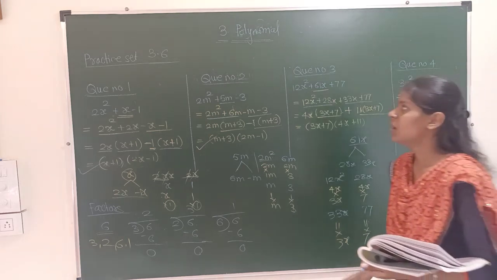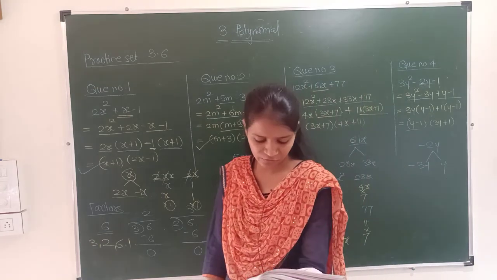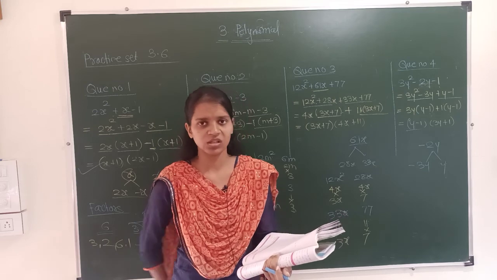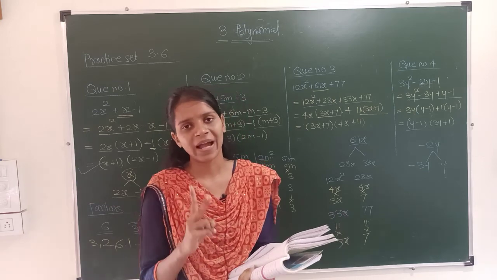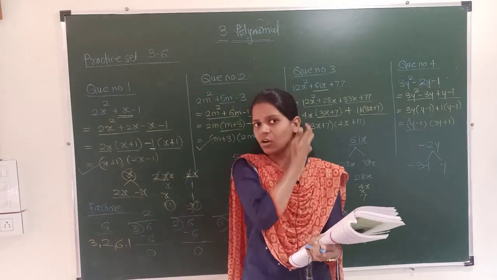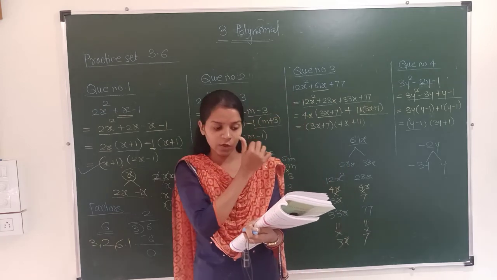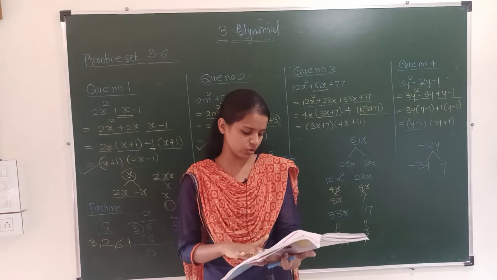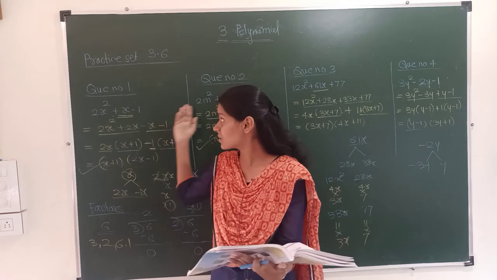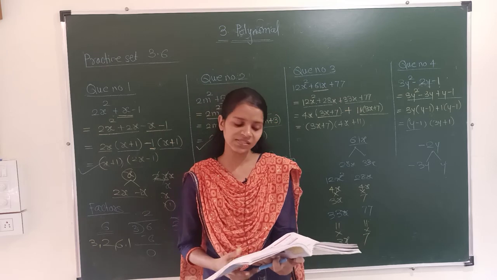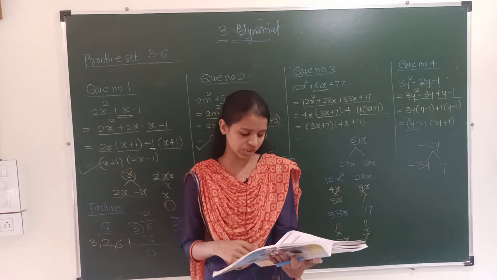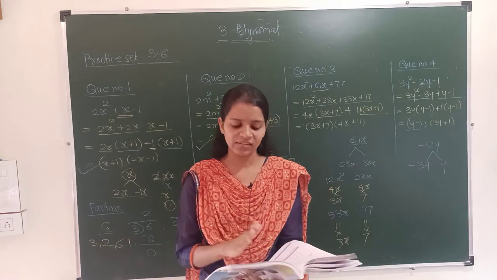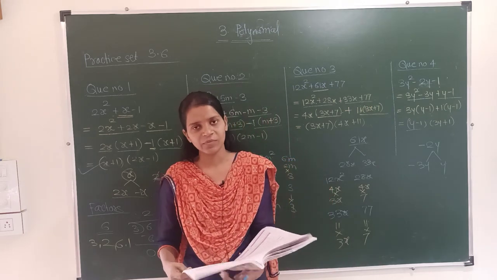Okay, is this clear? Practice set 3.6, question number 1. We have solved 4 sub questions. There are a total of 6 questions. 2 questions you are going to solve on your own. In the next video lecture we will solve question number 2. We have to factorize polynomials in that question too. But first, copy down these 4 questions, try to solve the next 2 sub questions from question number 1, and we will see question number 2 in the next video lecture, and that will be the end of your chapter on polynomials.